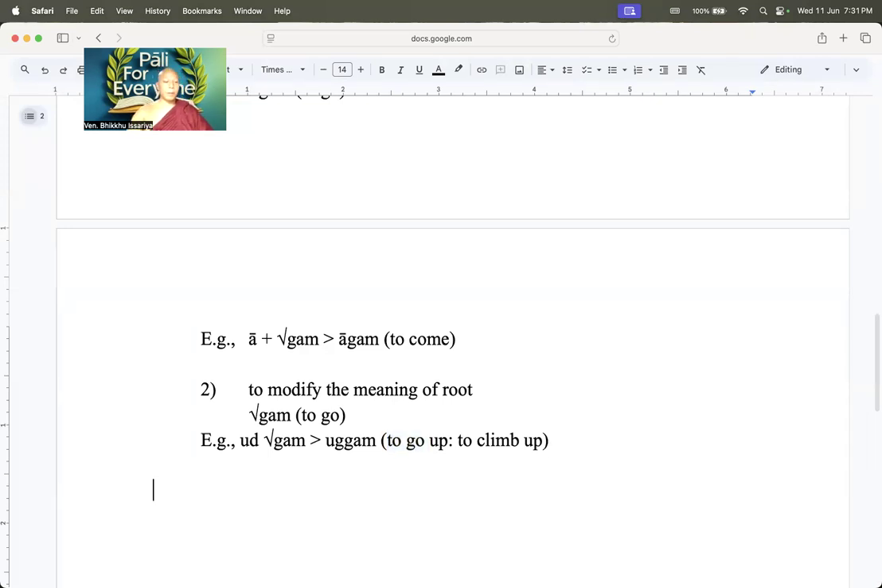And the other one, the last one, is to use